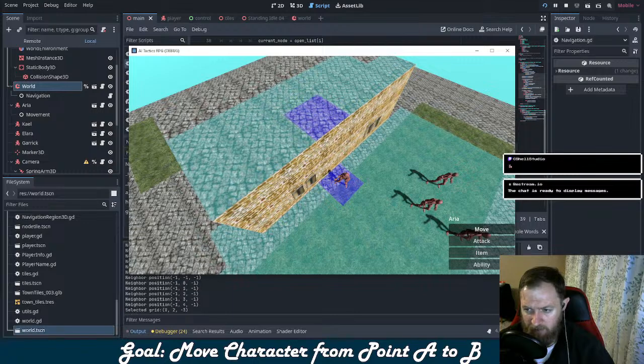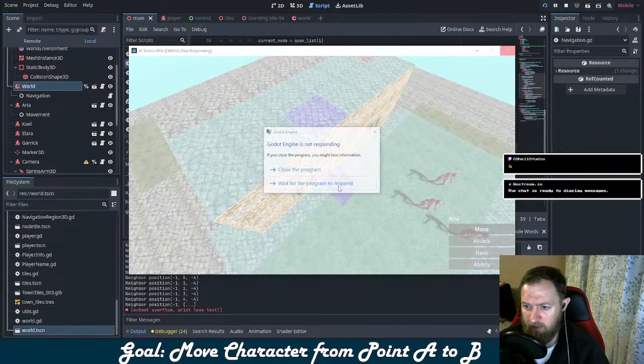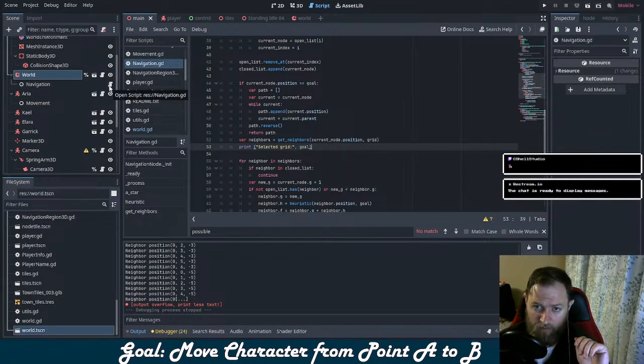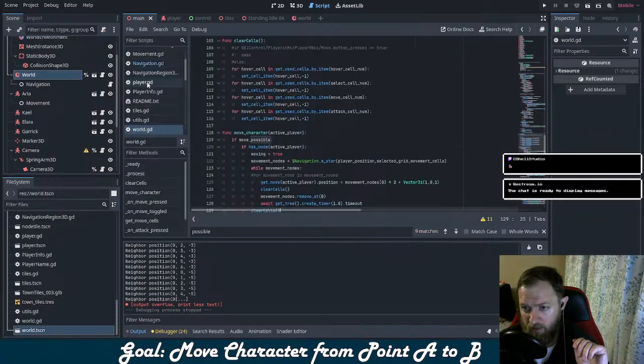0, 2, 3. 0, 2, -3, which is correct. 0, 2, -3. I think I just passed it. Okay, so it's possible that it's not in the movement. Oh, which is interesting. Okay. It is interesting. 0, 2, -3, and I'm probably looking at